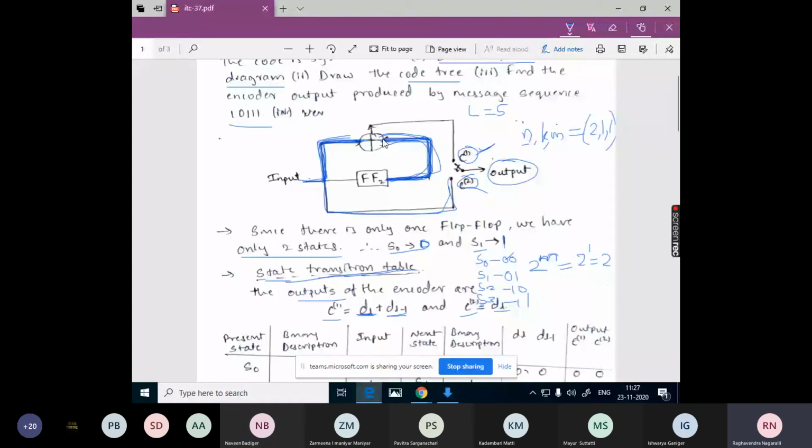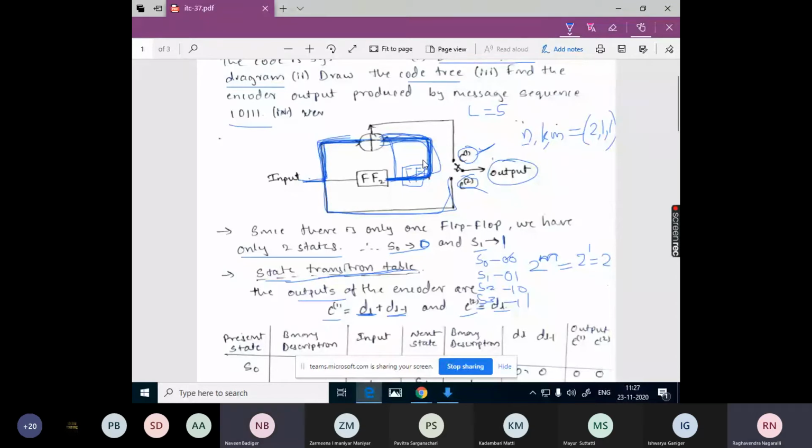If we have one more flip-flop here, just like the encoder diagrams that we have seen in the previous classes, then if we have the connection from here, it depends on the previous bit. If we have the connection from here, it depends on the previous two bits, up to two positions.